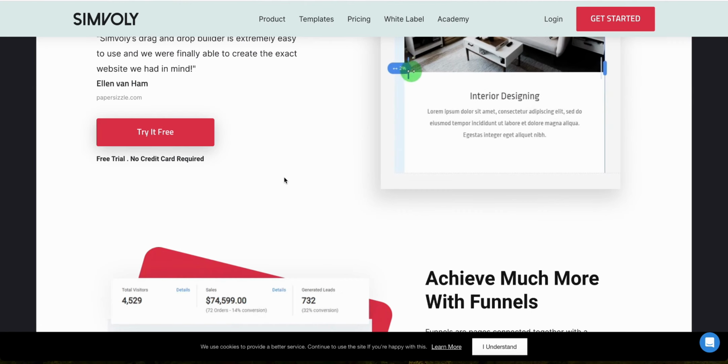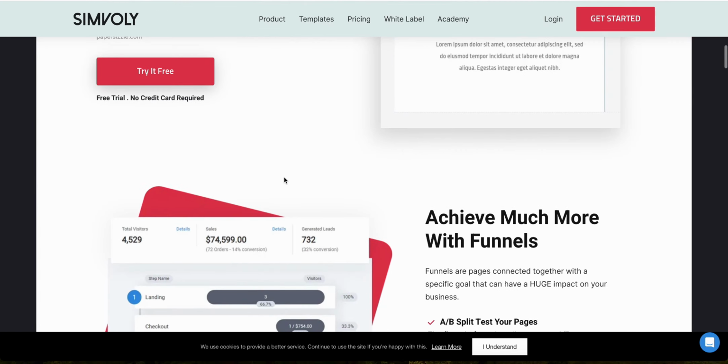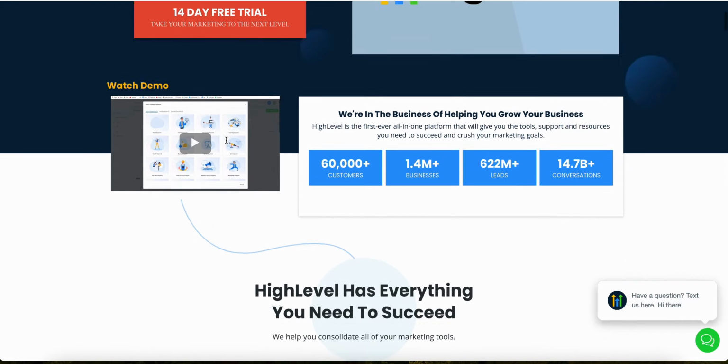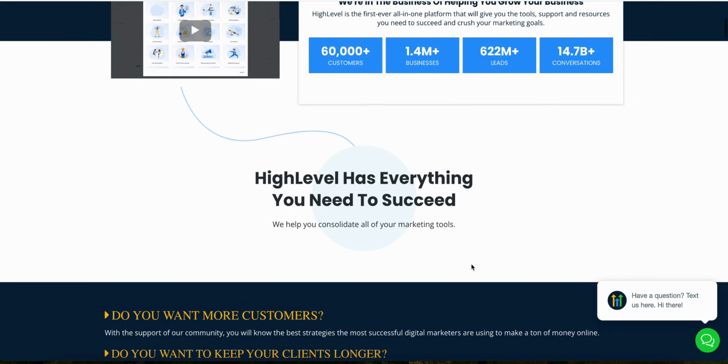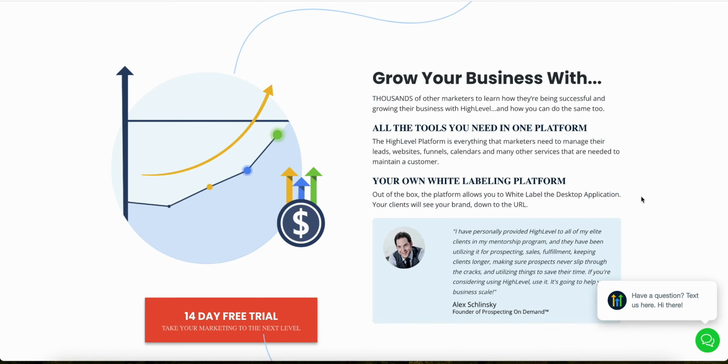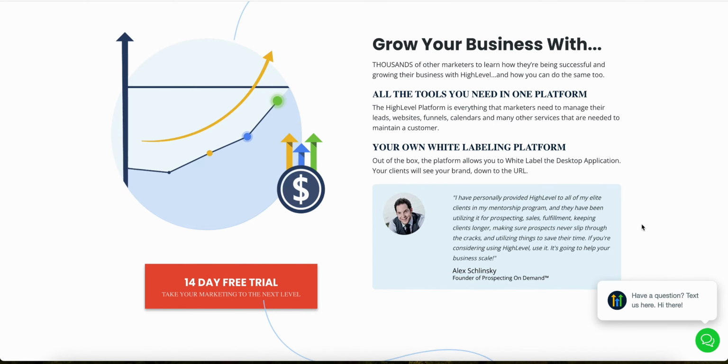So first, let's talk about the features and functionality, starting with Highlevel. Highlevel is primarily designed for marketing agencies, and it offers a robust suite of tools including CRM functionalities, marketing automation, sales funnels, and extensive analytics. Highlevel stands out with its white label capability, which allows agencies to brand the platform as their own when offering it to clients. Additionally, it includes features like appointment scheduling, social media management, and reputation management, making it a comprehensive